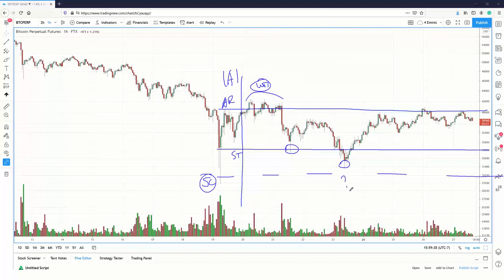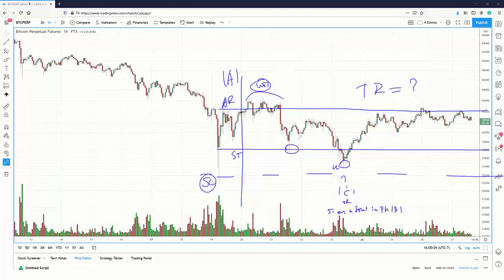And this is a question. Is this a phase C or is this a secondary test as a minus sign of weakness just because it made this lower low in phase B? So that still needs to be addressed. And so therefore, to me, we are still in the trading range,